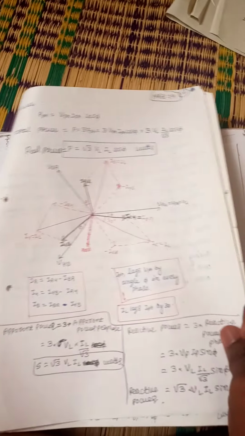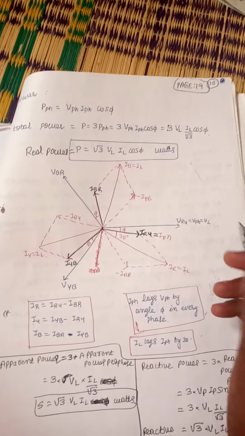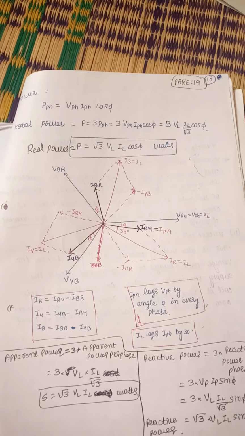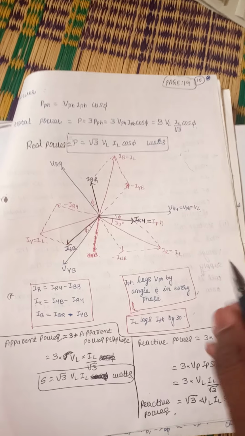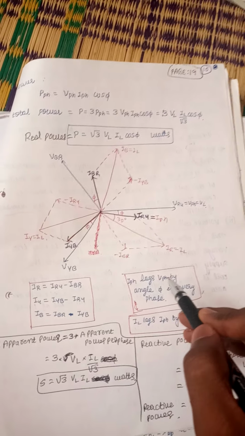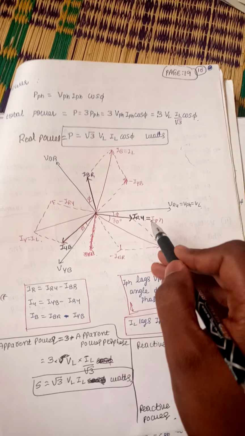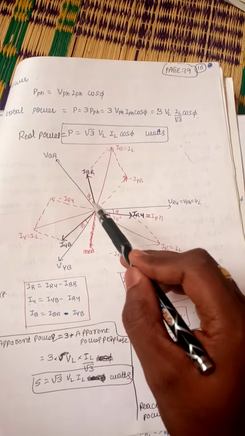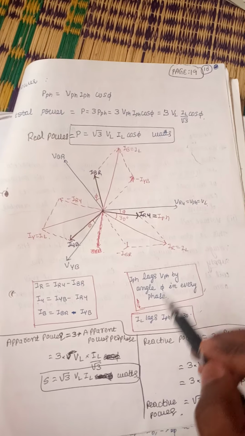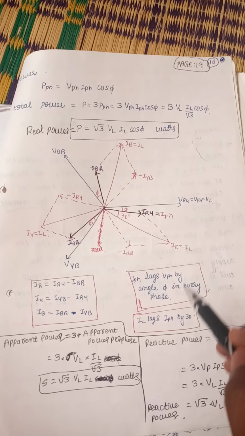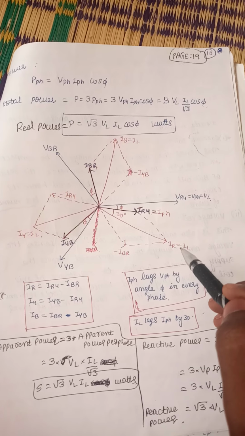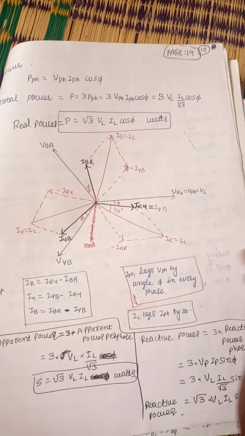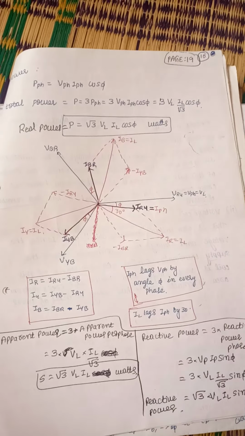Okay, so this is the complete phasor diagram for lagging power factor. The same diagram I have written here. You just go through that. As you know, IPH lags VPH by an angle of phi. IPH lags VPH by an angle of phi in all three cases. Right? IL lags IPH by 30 degrees. IL lags IPH by an angle of 30 degrees, in all three cases.